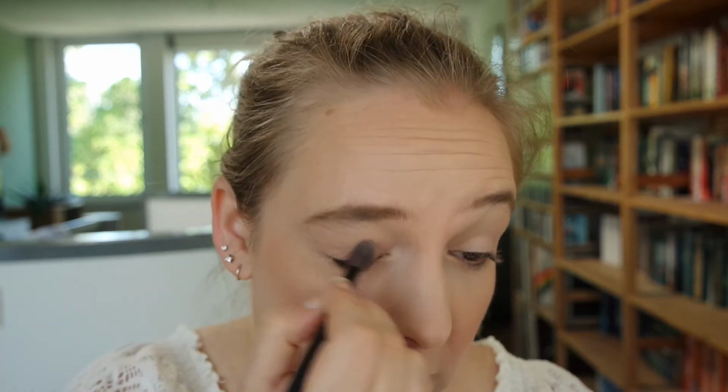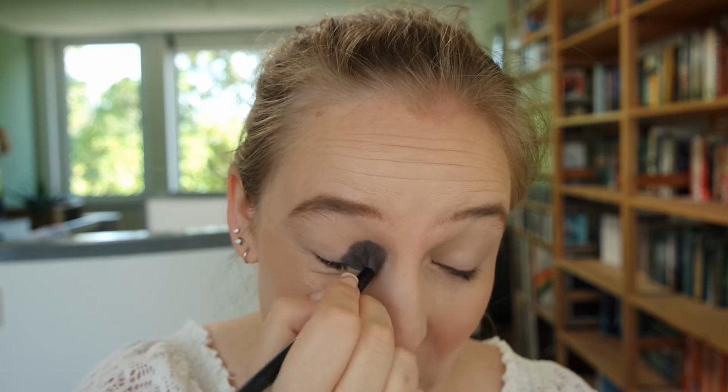But this is the Body Shop eyeshadow. These were discontinued, sadly. But I really, really love this eyeshadow for just setting my base with. But it's getting harder and harder to actually get some product out of this pan, but we'll see. Now, in terms of eyeshadows, I was very torn what to pick, but I ultimately decided to go for